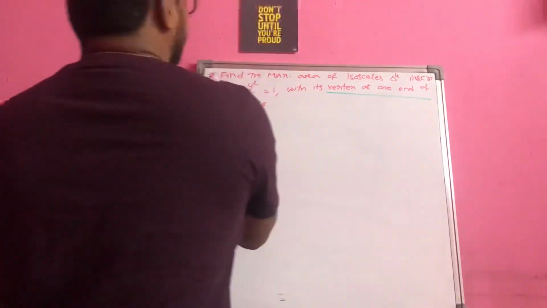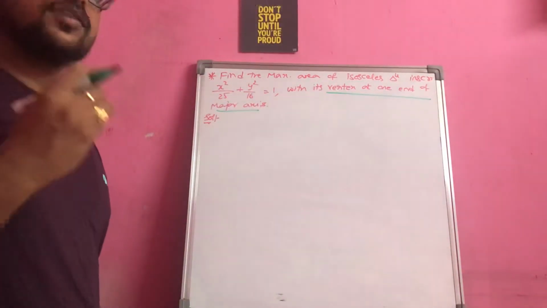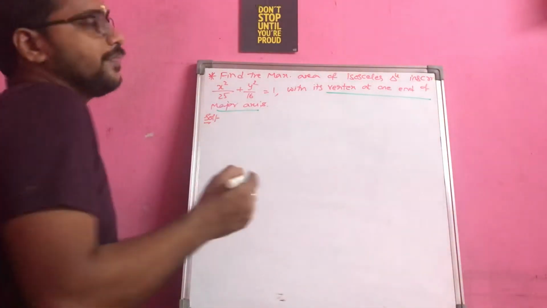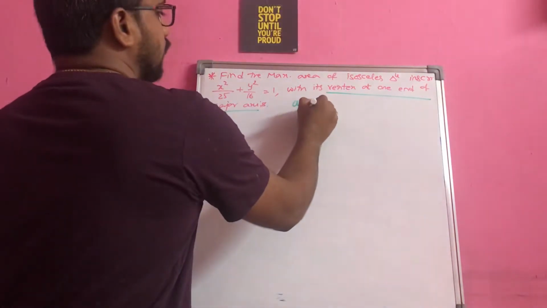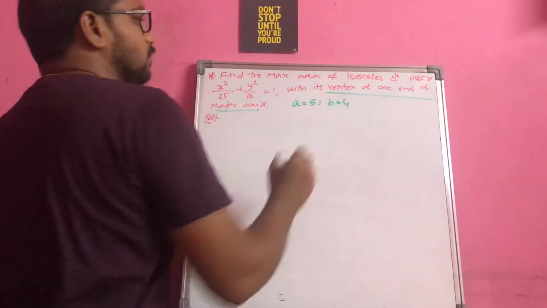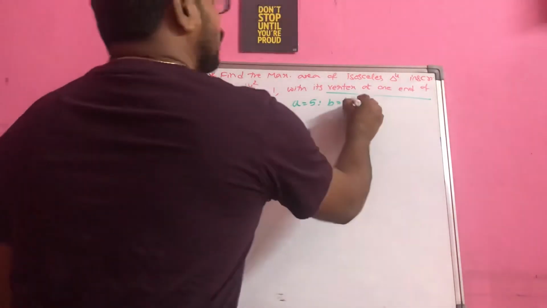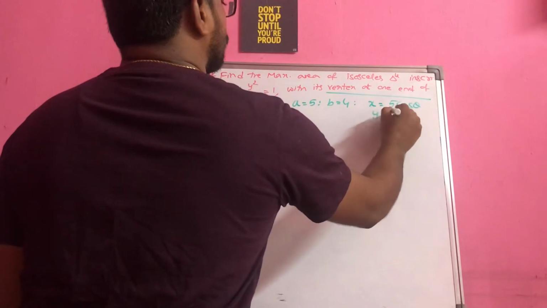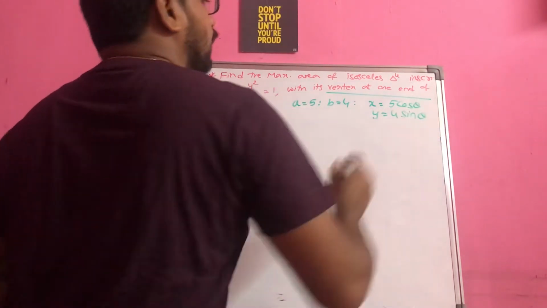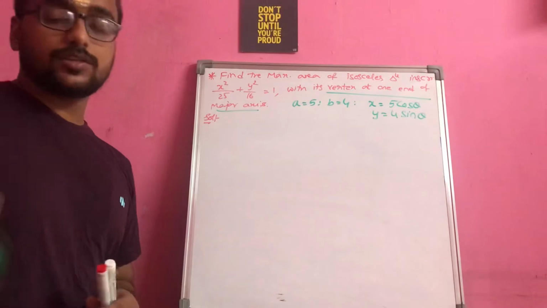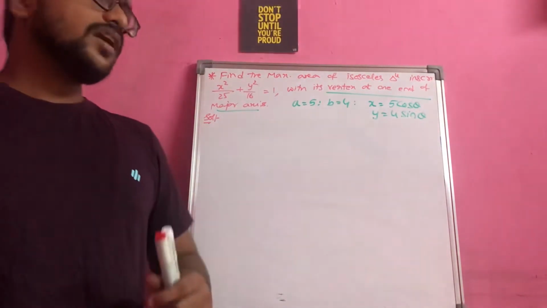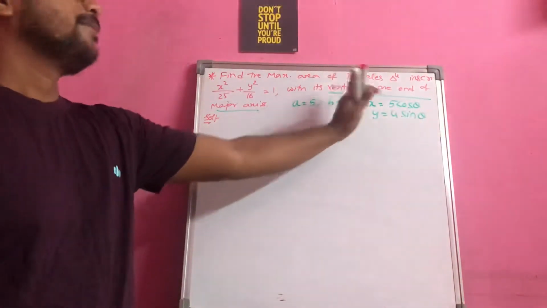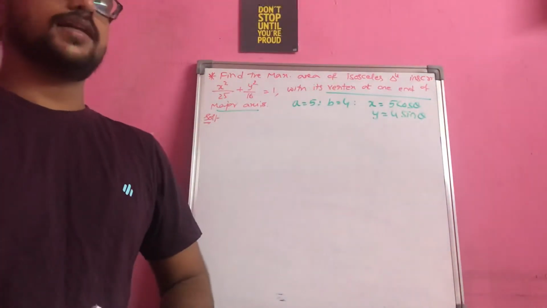So first thing you should know where the major axis is, and before that we should compare it with the standard form of the equation, and you will get the A value and B value. So A square equal to 25 means A is 5, B square equal to 16 means B is equal to 4. So x is equal to 5 cos theta, y is equal to 4 sin theta. These are the required parametric form for us. In the previous question you were given the constants A and B, but here they have given you the numbers, so I can replace them here. x equal to 5 cos theta, y equal to 4 sin theta, it will become.